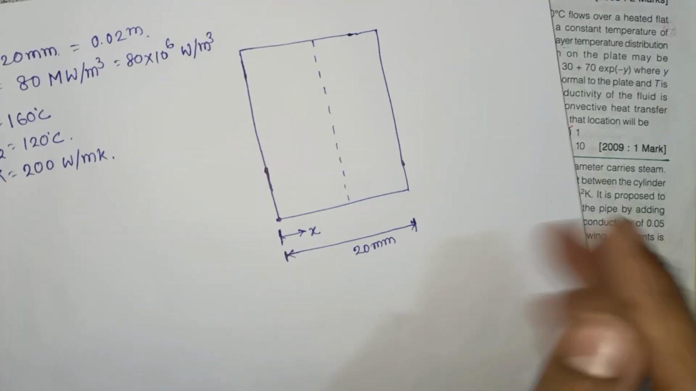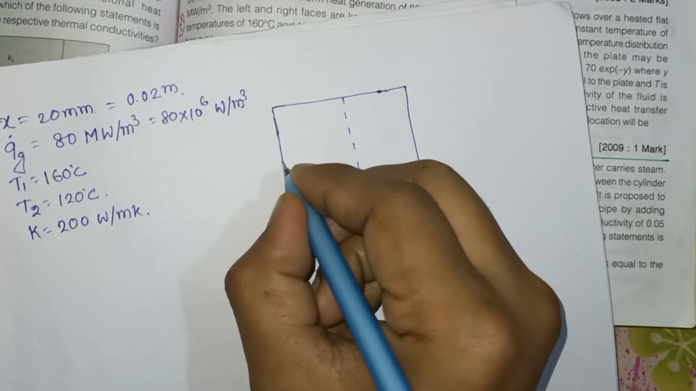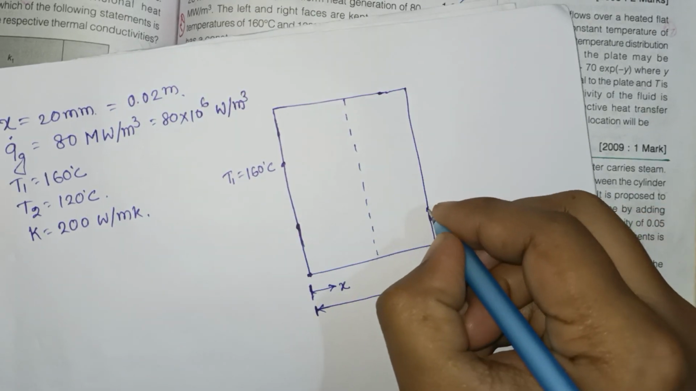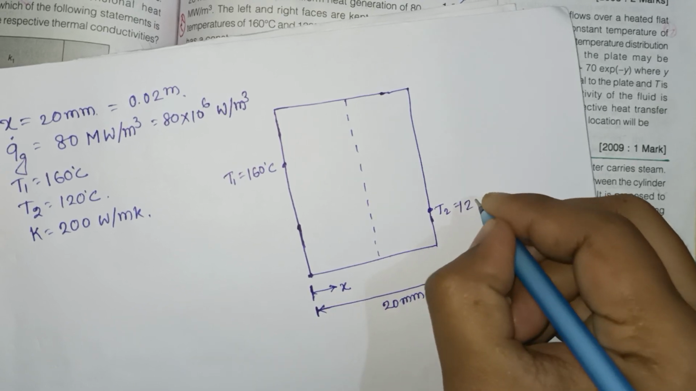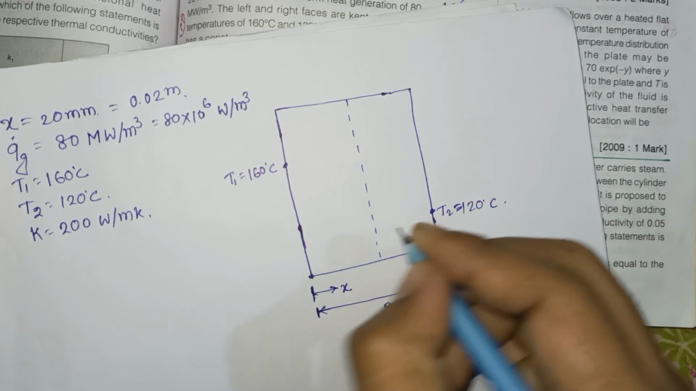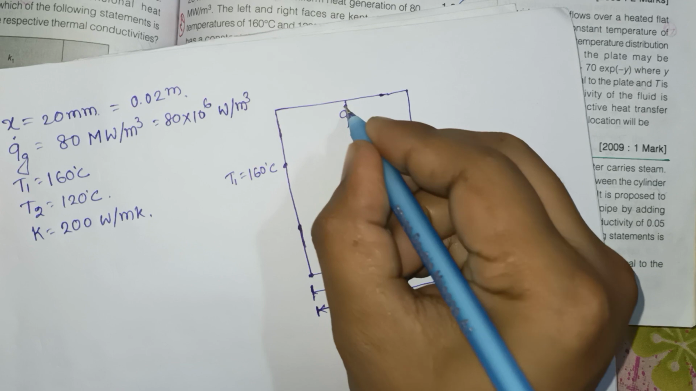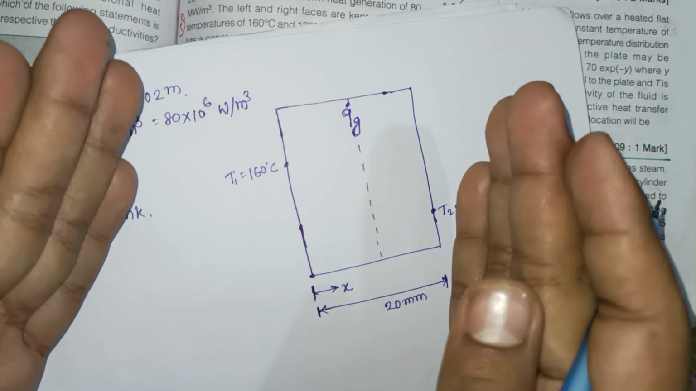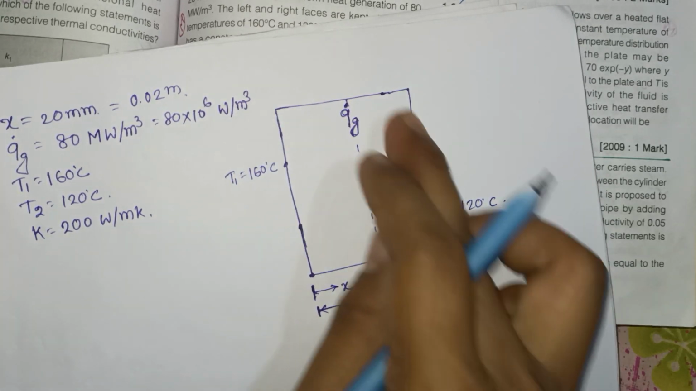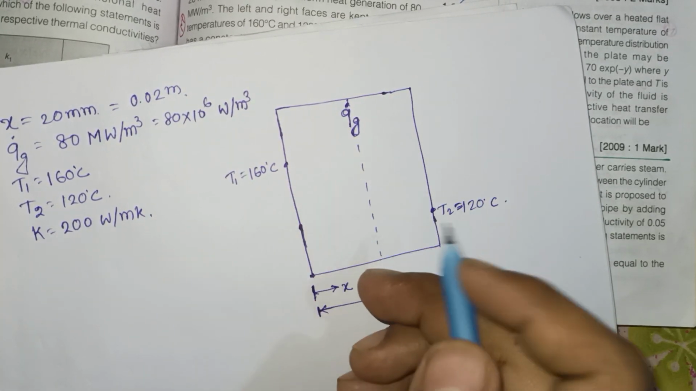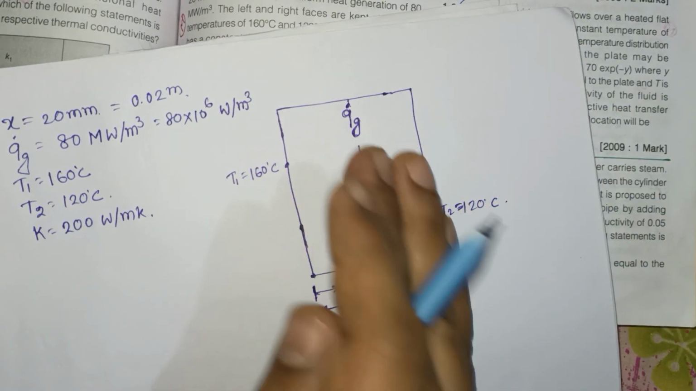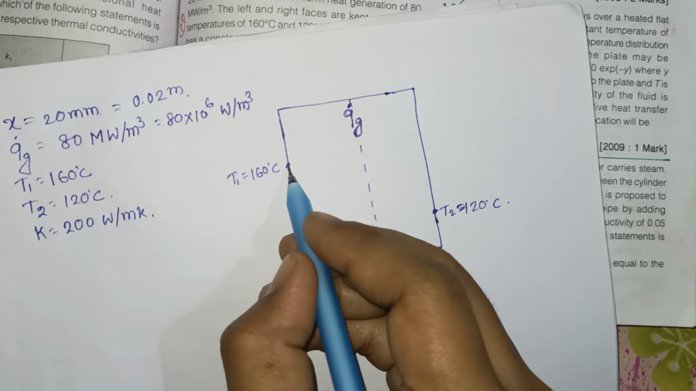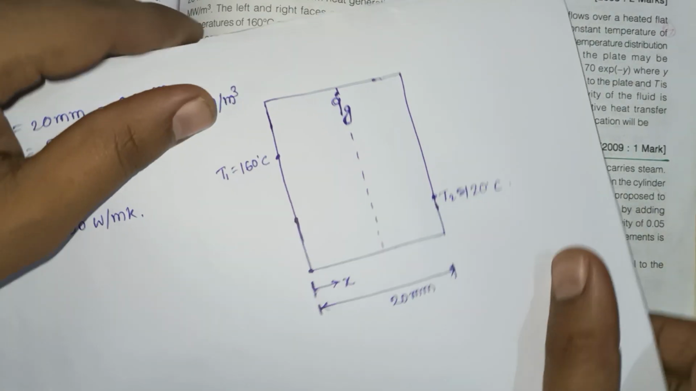Here T1 is equal to 160 degrees Celsius, and T2 is 120 degrees Celsius. In this plate there is a heat generation Q_G dot. Due to this heat generation inside the plate, there will be a point where the temperature is highest. That point will always lie on the side of the middle where the temperature is higher. So if you draw the temperature distribution diagram,